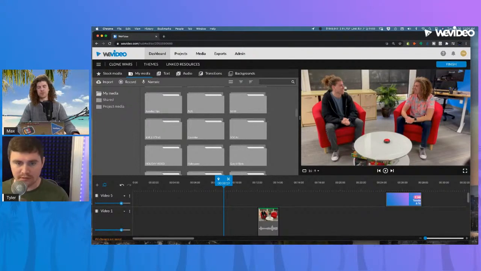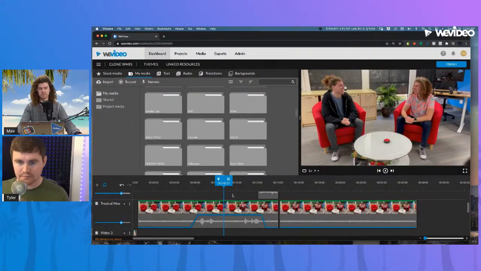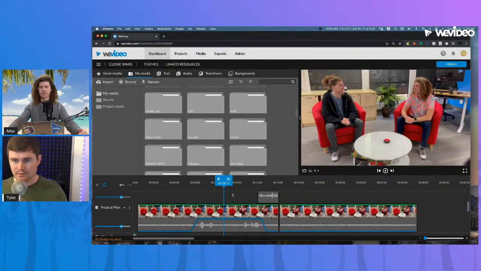Yeah. There's also, I don't know how much this would help, but what you can do is try increasing the brightness or contrast of a specific clip to try and make the colors match a bit better. We can just quickly show Tyler how to open that menu. Yeah, you can adjust your color settings too.